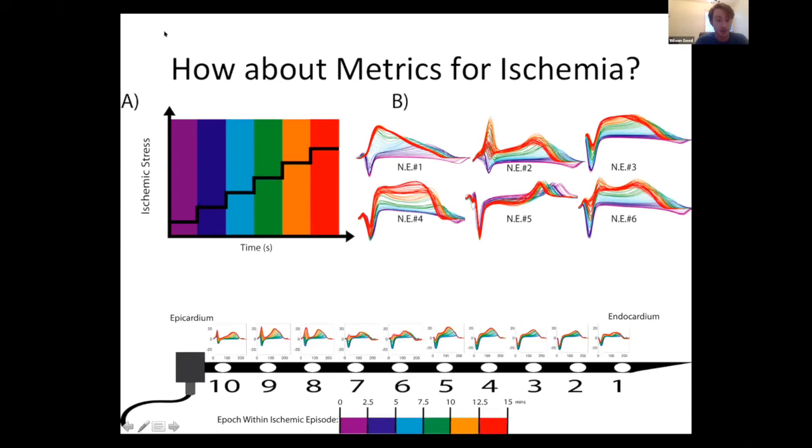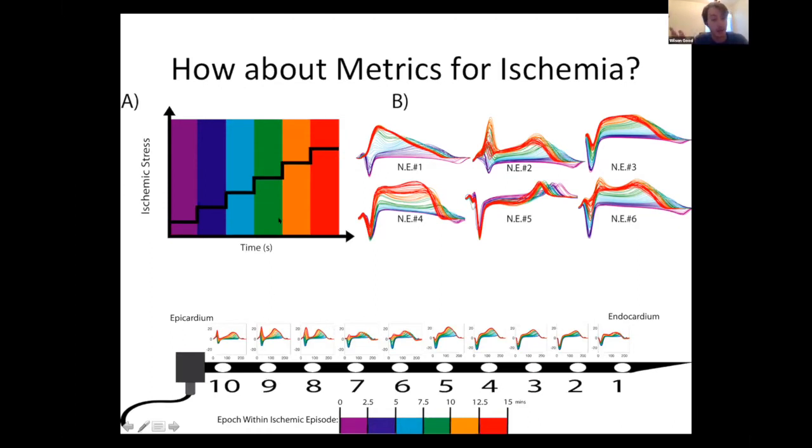So these are a few examples of different beats over all runs in an episode, colored by the temporal progression into that episode. We're looking at a single electrode, and then we plot each subsequently recorded beat over the course of an ischemic episode. And then we color each overlaid beat by the time that corresponds to that time in the episode. So early beats have this magenta color, and later beats have this red color, right? So you can see a progression from what we know, and if you've seen enough of our signals, what we call healthy, to these very abnormal signals, right? And we just have 6 examples here and 10 along a needle down at the bottom there,